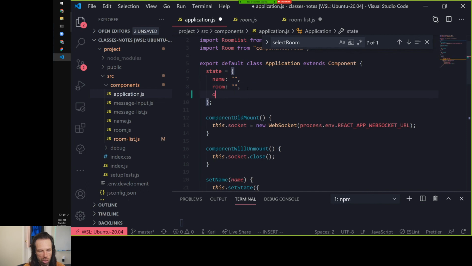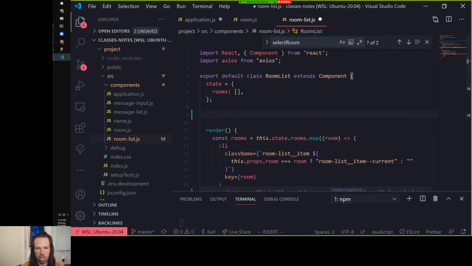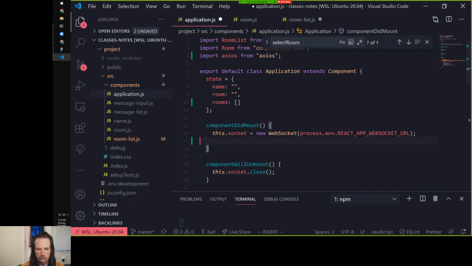So if we wanted to, we could say rooms, empty array. When we load up this component, which you're right, it is not necessarily the main component, but I would say when the room list component renders is when we want to get the list of rooms. But if we were to take a different approach, we might move that logic into the application and say